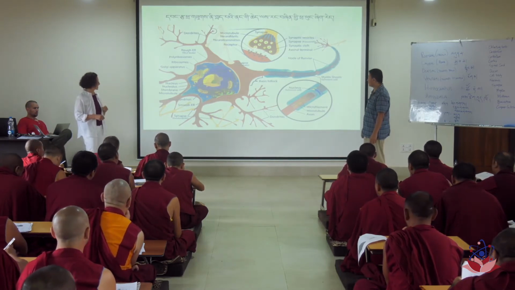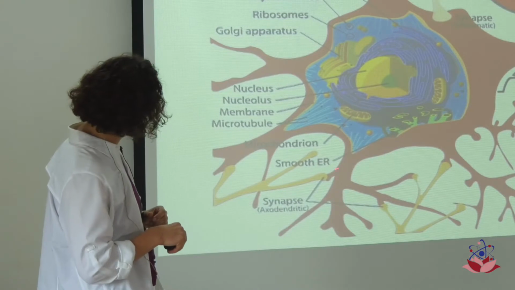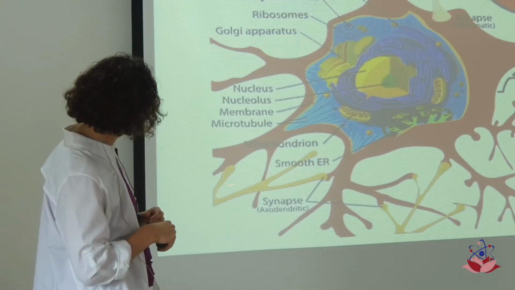Dendrites. Dendrites, excellent. And you can see here that these dendrites are making connections with, this is the axon from